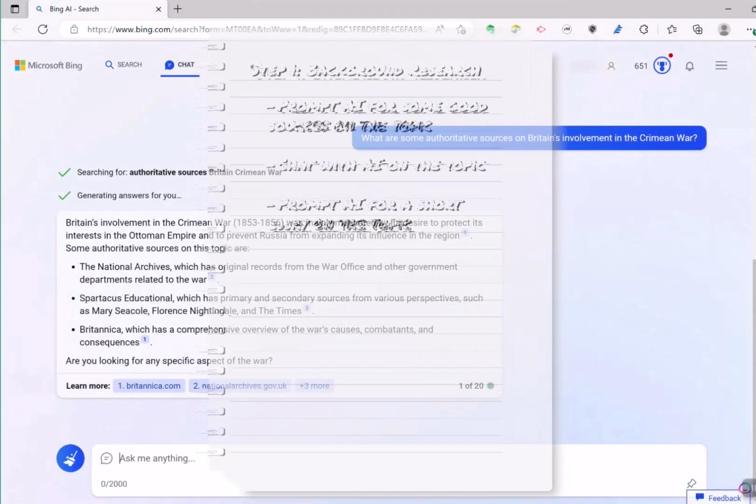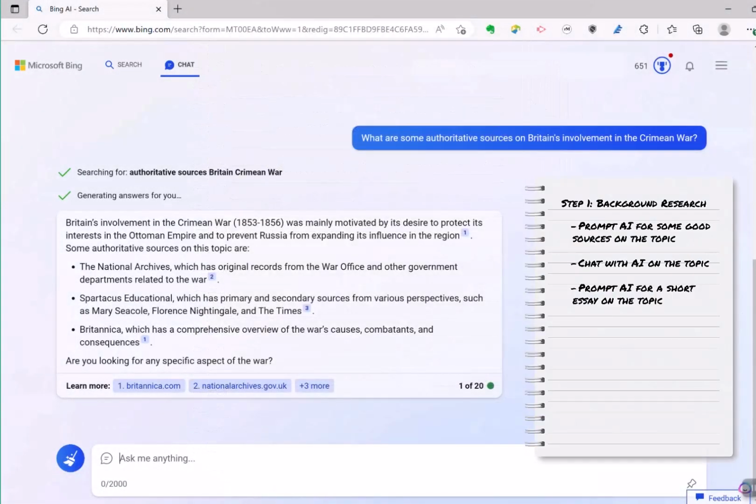The new Bing search engine makes searching for basic information and sources a lot less frustrating than it used to be, because instead of combing through pages and pages of links, you can use the chat feature to ask it for exactly what you want to know. Bing will try to find some good sources for you and package them up in a nice, easy-to-digest overview. You can then explore the linked sources it suggests. Here, I've asked first for some authoritative sources on my topic, so I'll have these on hand.